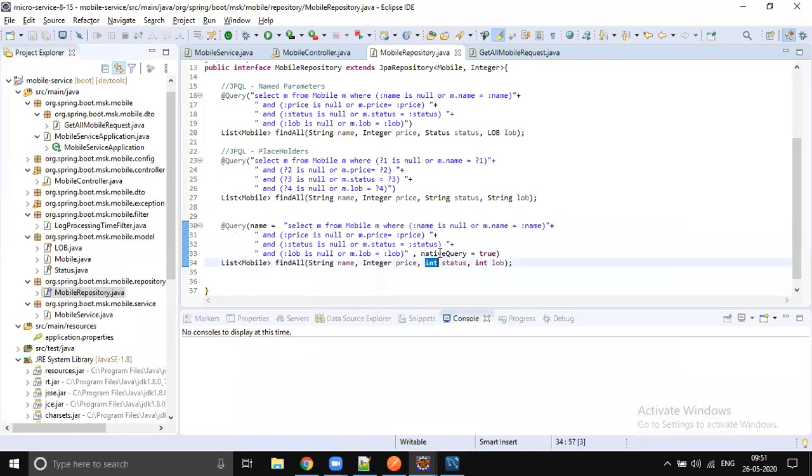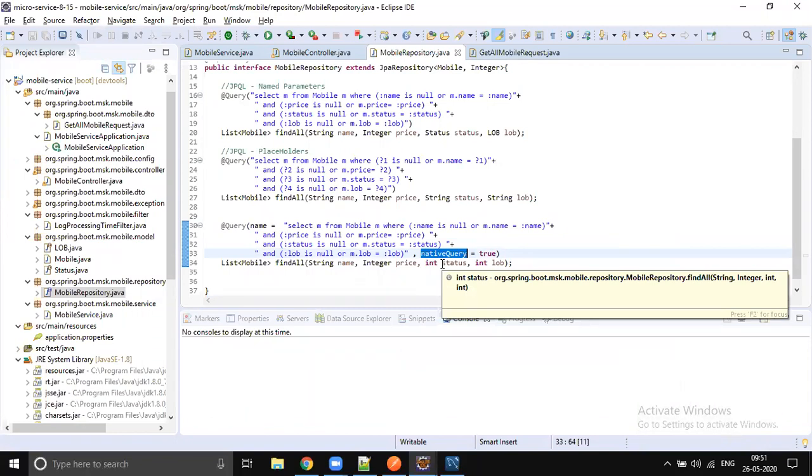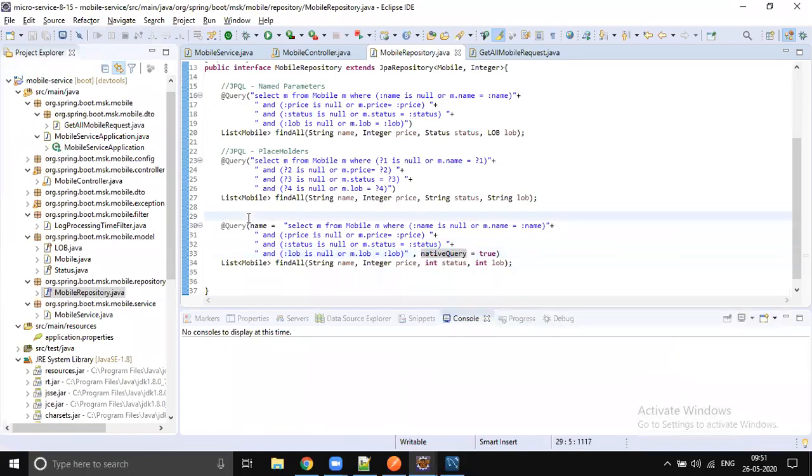So with a native query, it's your responsibility to take care of the database SQL data types also. It still works like the above two: you can write named parameter, placeholders, or native query, and you should take care of the data types you are setting.